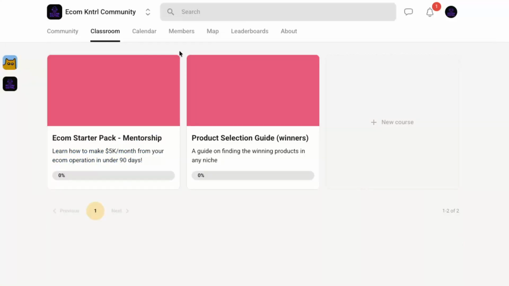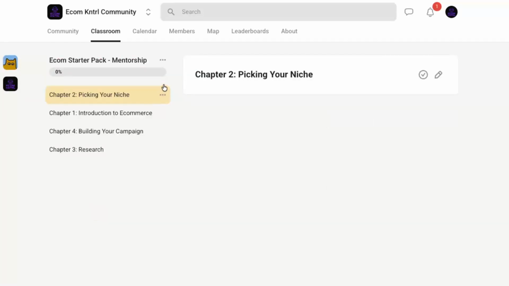The Classroom area is where all of your courses and their lessons live. Once you're there, you'll see a list of courses you've created or have access to manage. Next, click on the specific course whose lessons you want to organize. This will open up that course's structure, usually showing modules or sections on the left, and the individual lessons within those sections. Make sure you're looking at the right course, because any changes you make here will affect what your